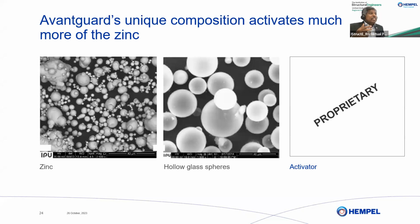So what this does is make sure that you are able to protect the coating, the steel structure, much more efficiently. It also contains glass spheres. I will show you how it works. So what basically happens,